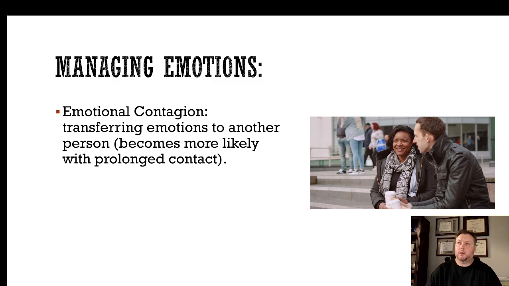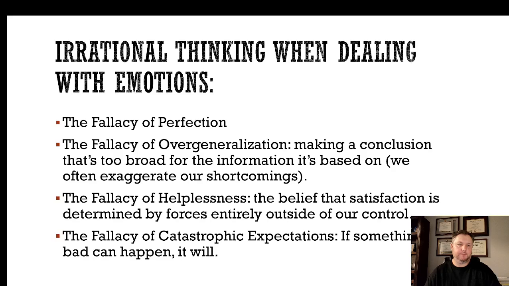But if you're aware of that, what it means is you need to manage your emotions, because you need to be aware that you could be spreading that out to other people. So if you're constantly negative or pessimistic, you're maybe spreading that to your children, right? If you act that way around them, or just negative, or you name it, right? So you have to be careful about that. You have to just be aware that you can transfer those emotions pretty easily to other people.